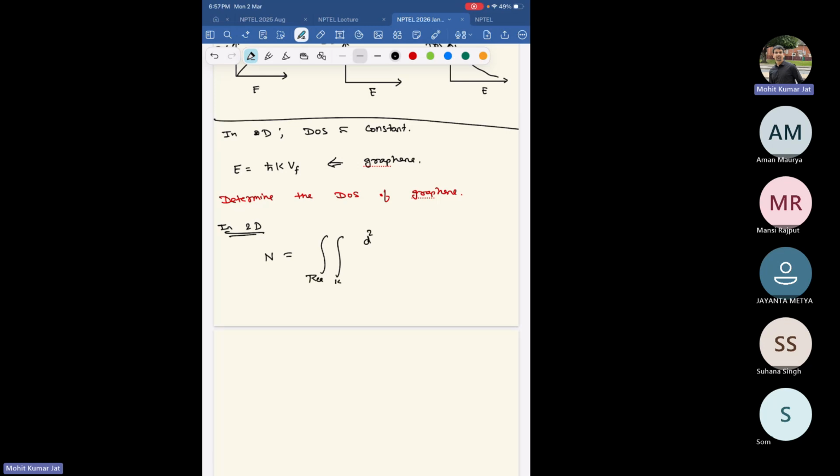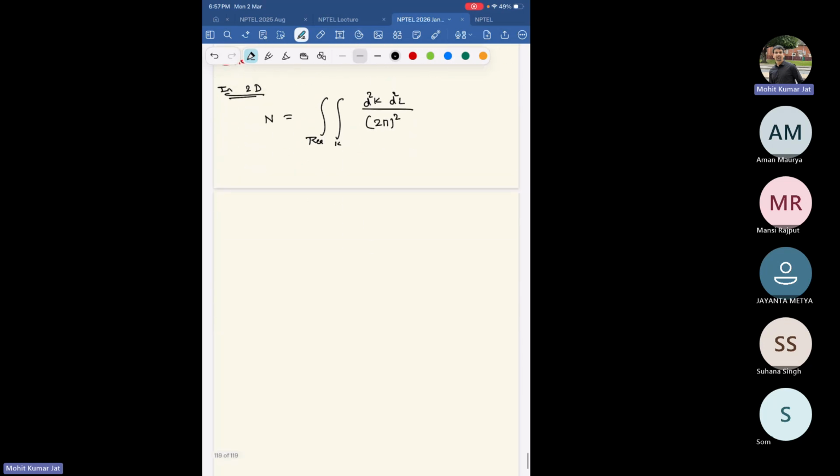So d2k d2l, basically this is dx dy. So I'll call this d2l by (2 pi) square, and this will be the real part I will take out. So d2l will be nothing but the total area. Total area I will divide it, and this is k, d2k by (2 pi) square,